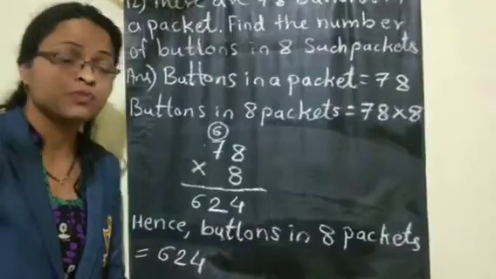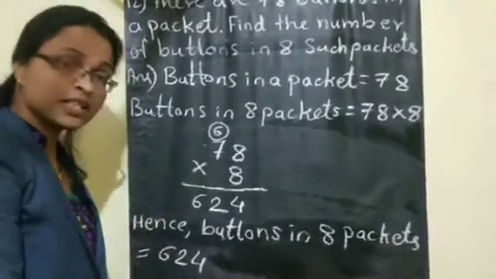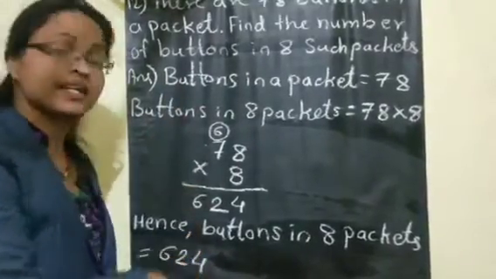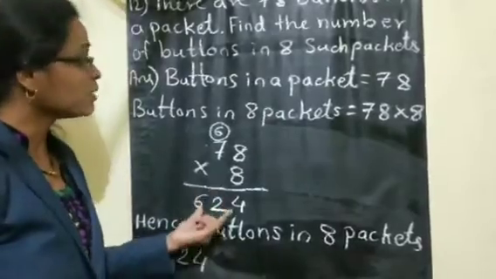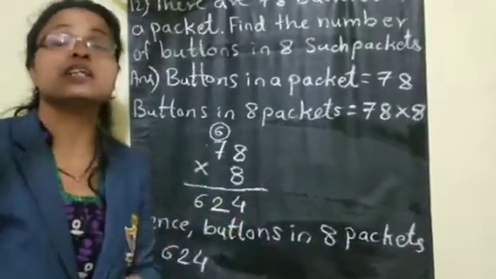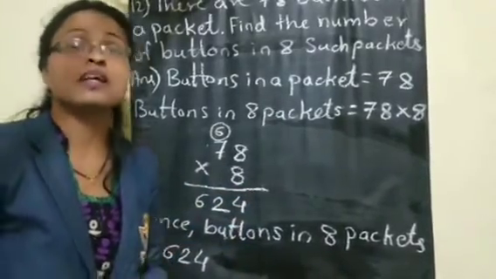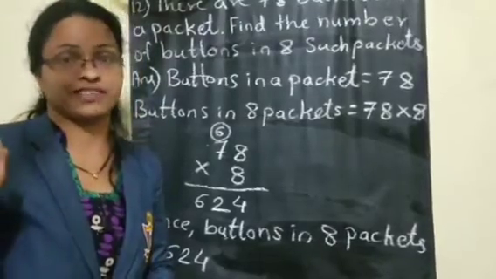So children, you people have to write proper units here according to the question. You have to write it in the hence answer. Do the multiplication properly, and the main thing here is you require the tables to be perfect. Okay. So I hope children, you have understood today's word problems based on multiplication. Go through all the problems, practice them, and today we'll wind up our session here.